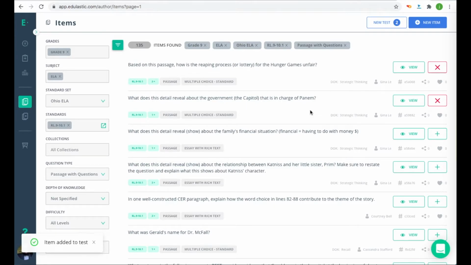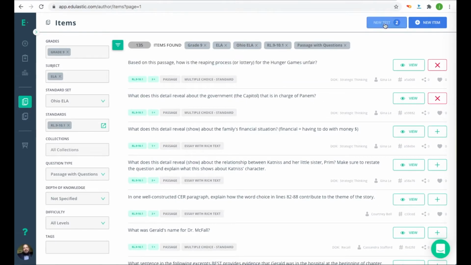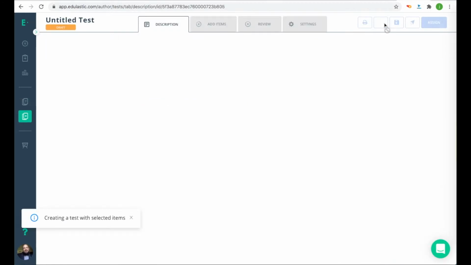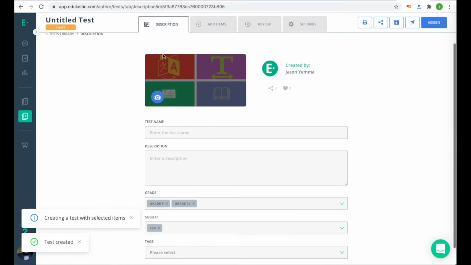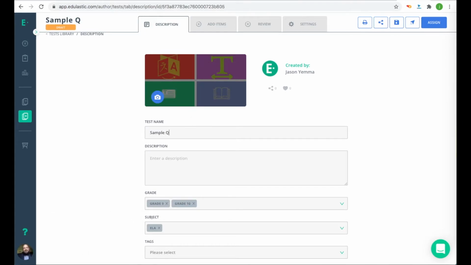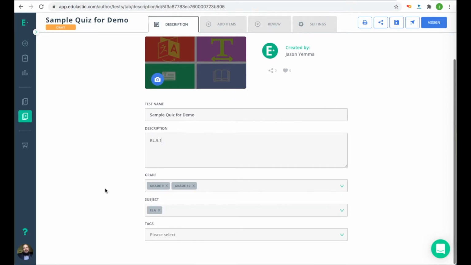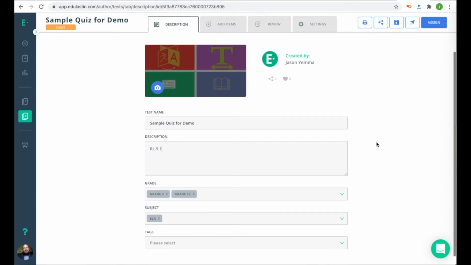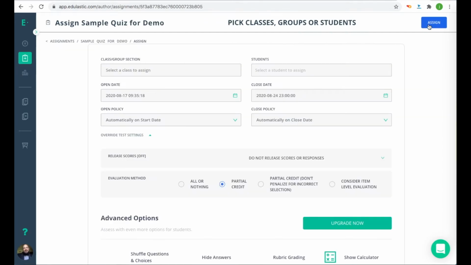Once I've found a couple questions that I approve of for my quiz, all I have to do is click on New Test, and I can choose a picture. I can name it Sample Quiz for Demo. And I'm going to put a description, RL 9.1. And that's basically the basics of how to set up your quiz. Once I click Assign,